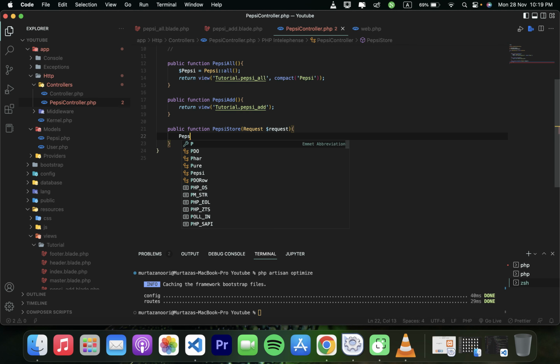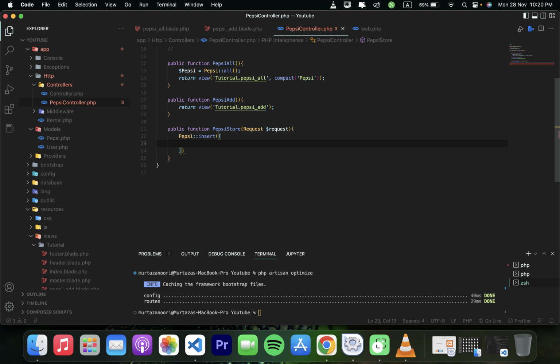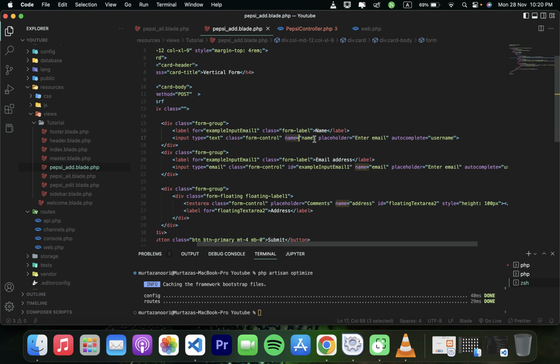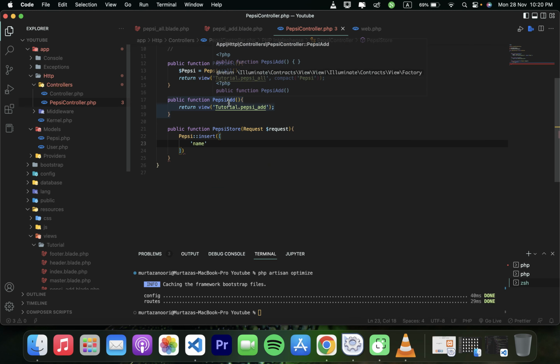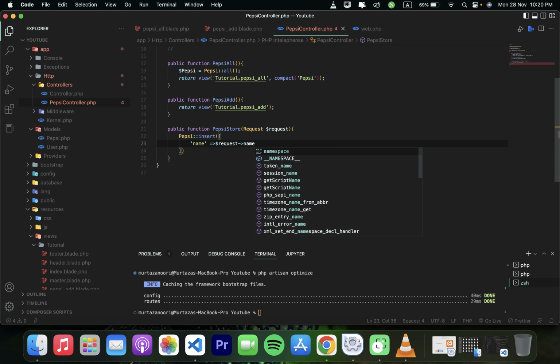My model name is called Pepsi, and you can use the create method or the insert method. I'm going to be using insert. So insert an array, my input field name, which is called name. If you go here, it's called name. So name, get me the requested data,